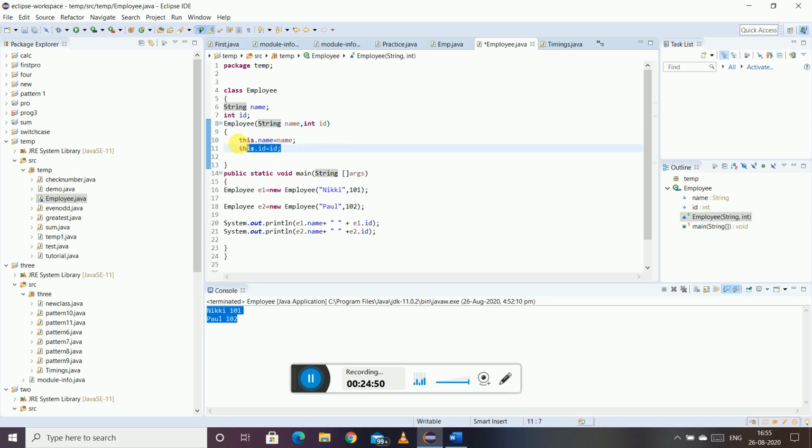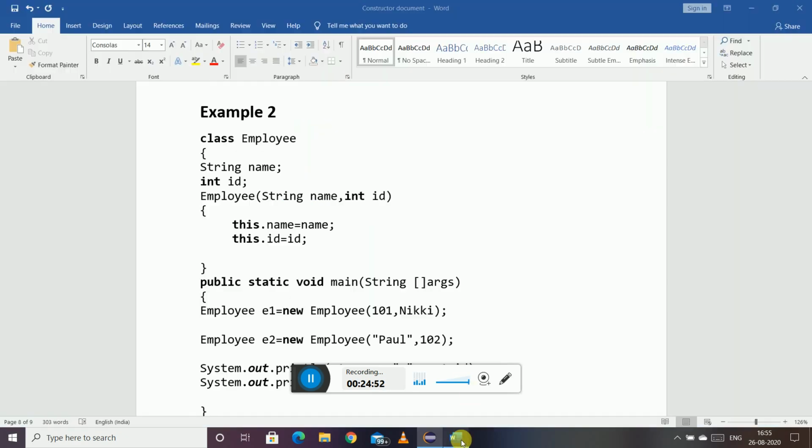Now what is the function of this keyword here? This is an important keyword. We will see it in detail in the next videos. Here I will just tell you its main purpose. What is its main purpose in this constructor? This keyword is used to initialize the current class instance variables. Means this is our current class Employee, and its instance variables are name and ID.